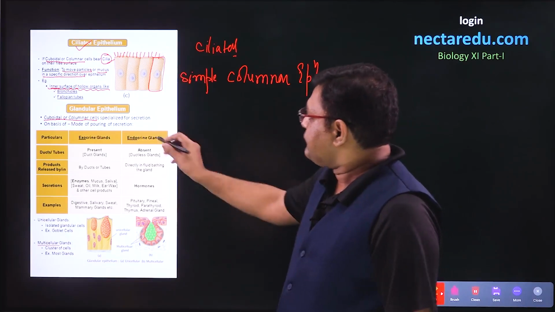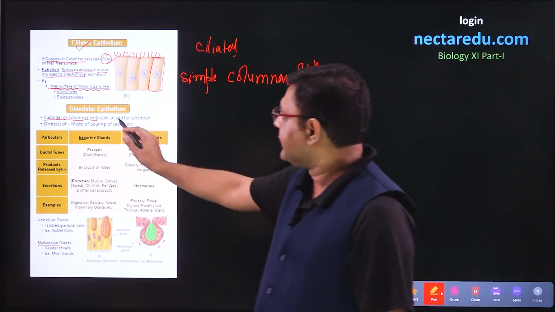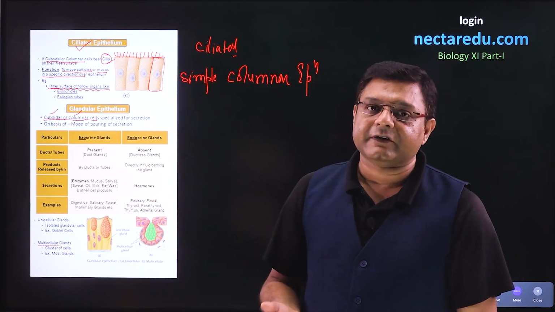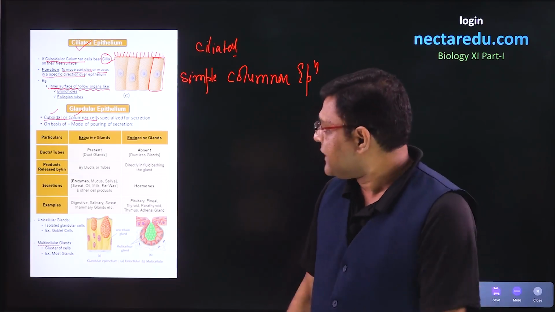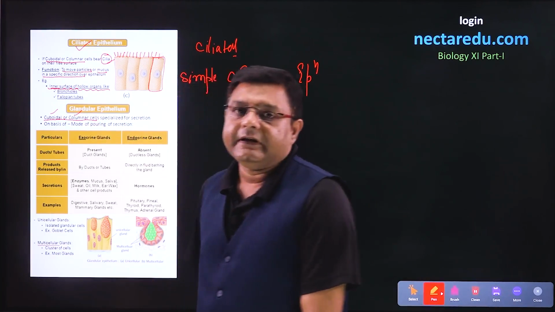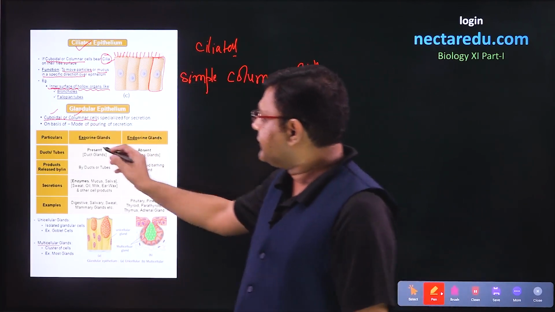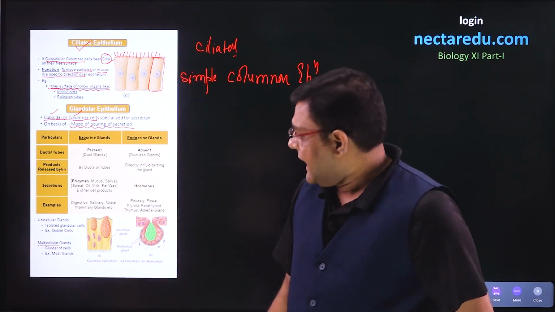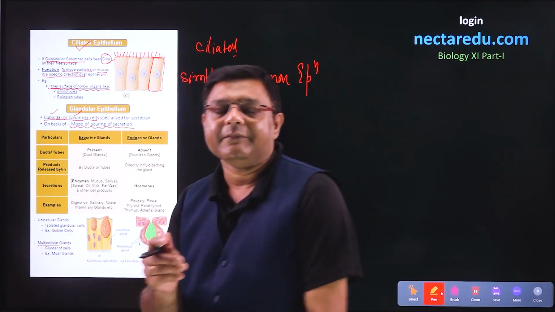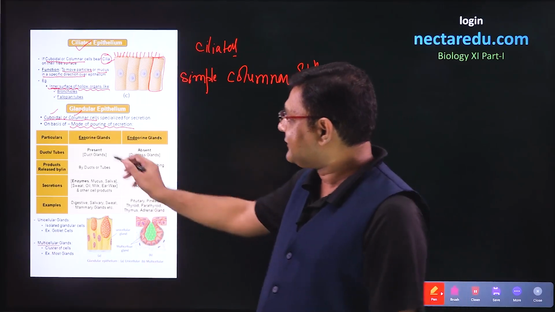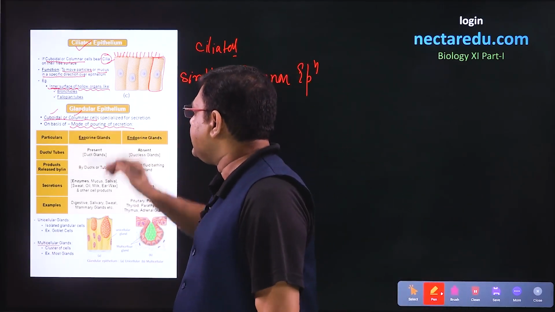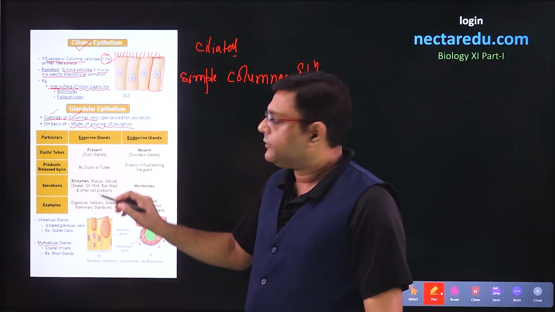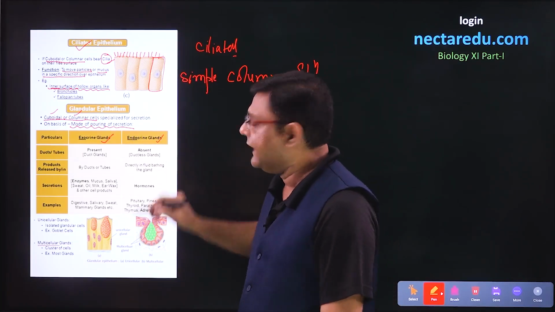The next epithelium is glandular epithelium. Now, it is also a modification of either cuboidal or columnar cells which change their function and become specialized for secretion. Now, we can divide this glandular epithelium as per two types. In the first type, we will divide it on the basis of mode of pouring of secretion, and the second type we will divide it on the basis of number of cells. So let us see the first type, on the basis of mode of pouring of secretion. On the basis of this mode, there are two types: exocrine glands and endocrine glands.